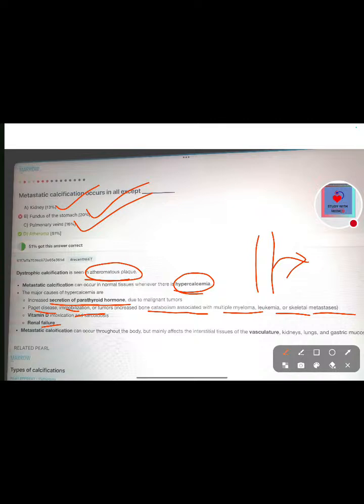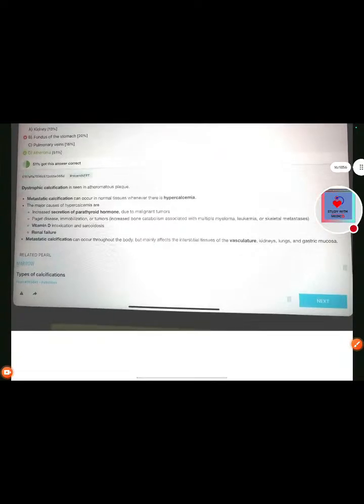Metastatic calcification can occur throughout the body but mainly affects the interstitial tissues of vasculature, kidneys, lungs, and gastric mucosa. Okay, so it can occur throughout the body, but mainly it affects the interstitial tissues of the vasculature, like kidneys, lungs, and gastric mucosa. Vasculatures. So,